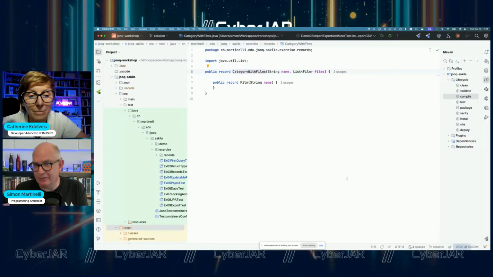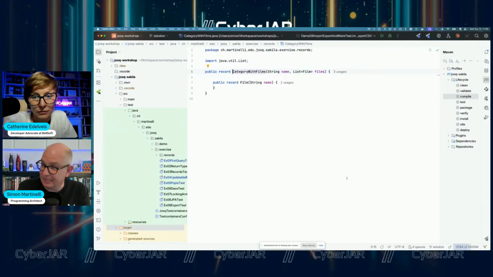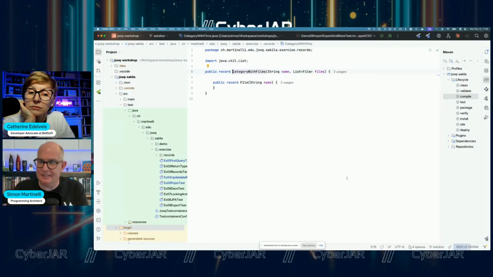So Hibernate, depending on how you set your entity graph or do the join fetch, will also just execute a single SQL statement. But the problem with the single SQL statement with Hibernate is this will be a product of the two tables. So you have redundant data in the result set, first of all. And the second problem is if you want to sort, for example, the film in the category, you can't do that with Hibernate. Because you can't do sorting of the entity mapping at query time.